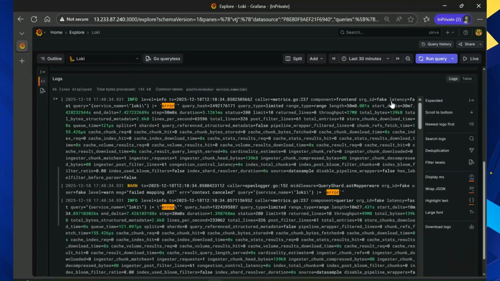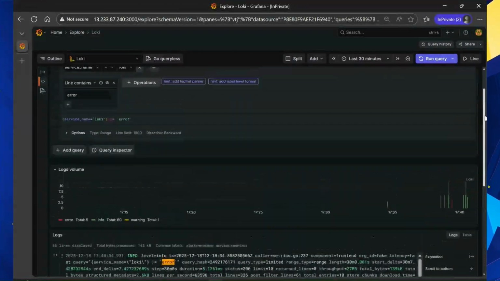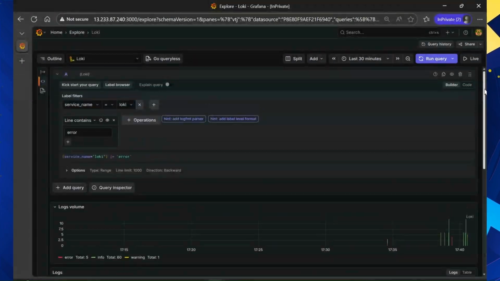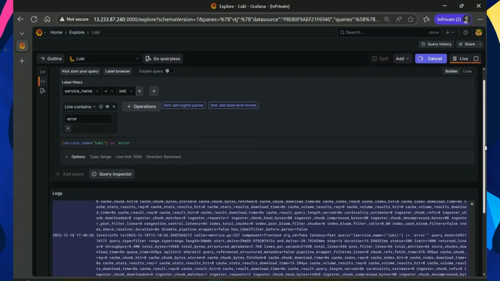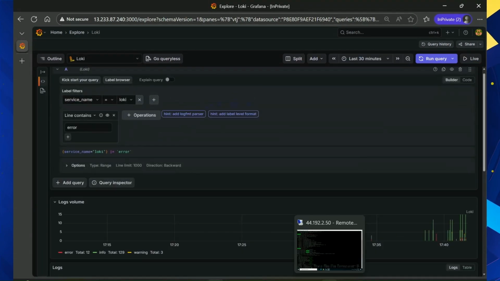Okay, I can see there are a lot of logs coming. Now one more thing that is very interesting and shows how powerful the Loki or this Grafana stack is. I can actually show the live logs. So these are the streaming logs that are coming. You can see the last received line was 2 seconds ago, but yeah, these are kind of live logs. And I can show you,